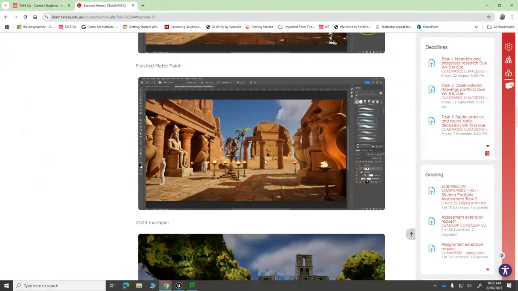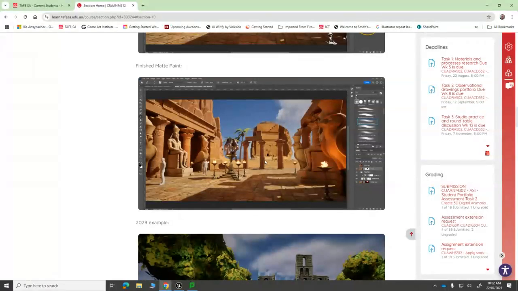That's the part of the unit where you need to explore the matte painting. So we'll get to that, probably in the last week, week 9. You don't really have to worry that much about matte painting at this stage, but you have to keep in mind that it's part of the overall project scope. So environment plus matte painting